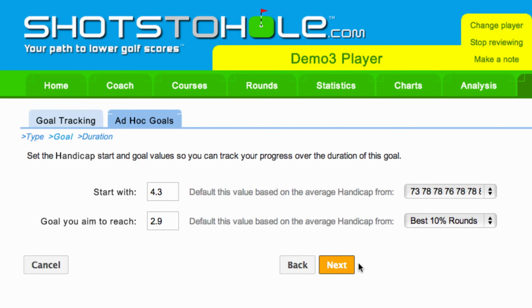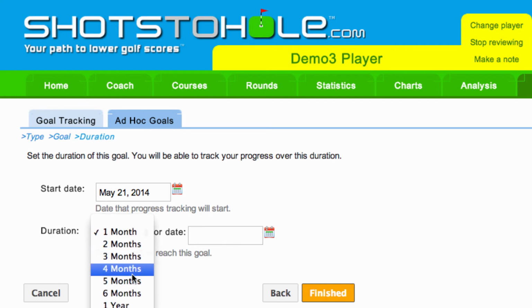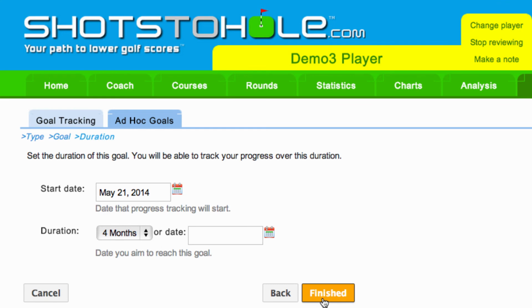When I've got the numbers I want, and you can also manually change these and say, listen, I would like my handicap to be 2. I hit next to proceed. The next step is setting a start and end date for the goal. So this is going to be a project we work on for 4 months, and once the details are correct,